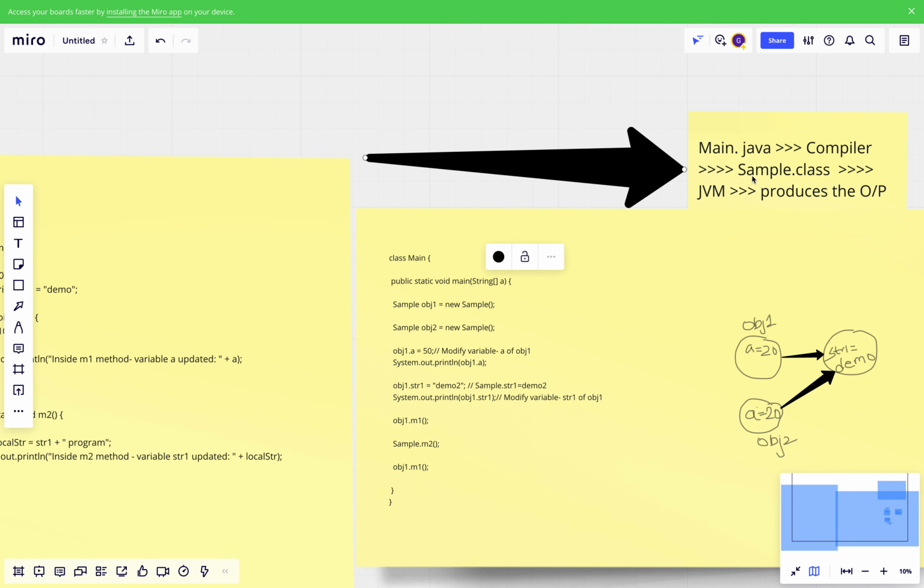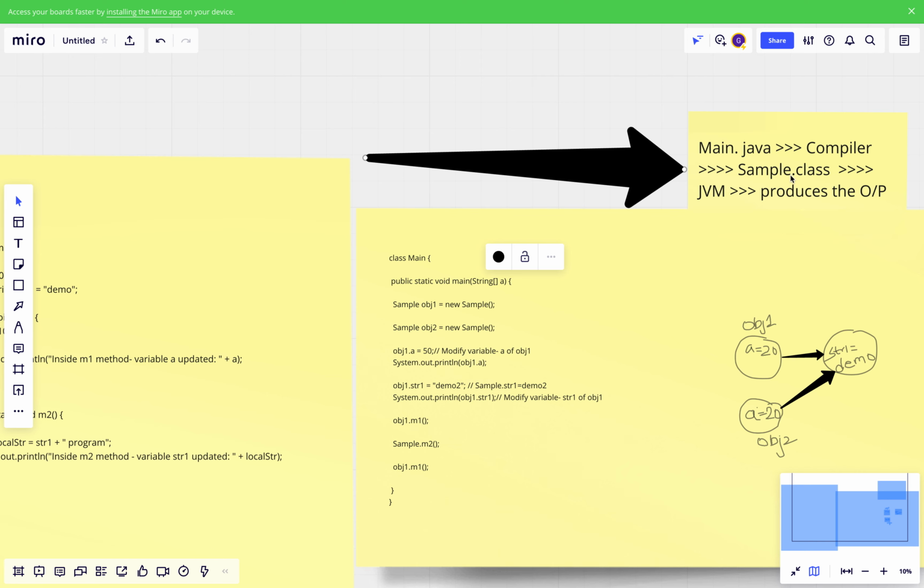I have just taken one .class for reference, just to let you know what will actually happen. So it's not only Sample.class that will be created, Main.class will also be created. The number of classes you define in your Java file, that many .class files will be created once your code is compiled.